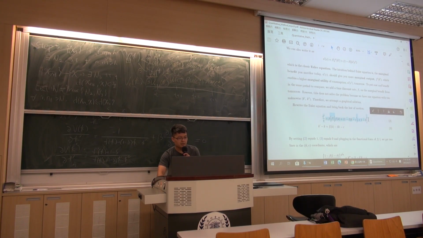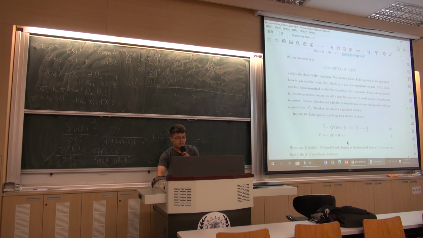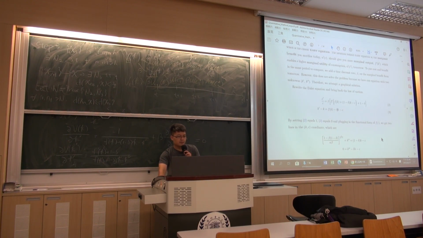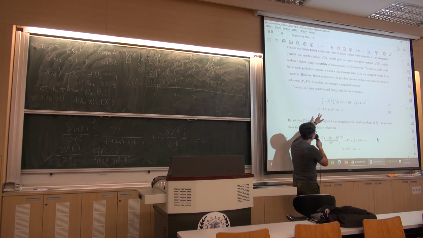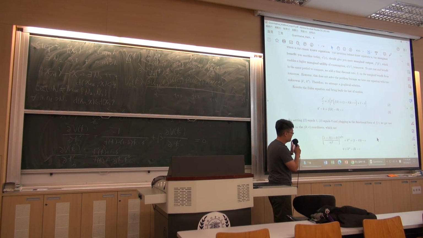Equation 2 is just from this equation, but I replace these terms with C and these terms with C prime. And equation 3 is just the law of motion. Then we set this equal to 1 and this equal to 0, meaning that we're kind of guessing